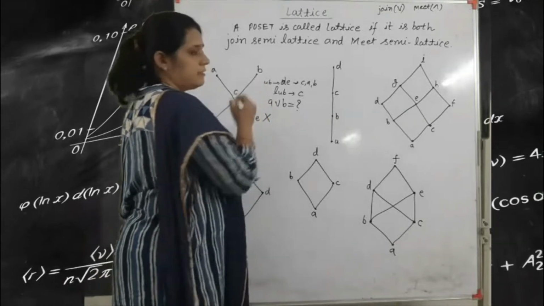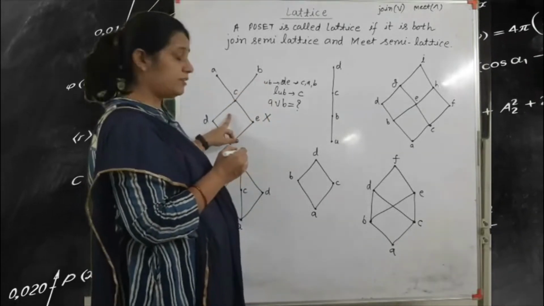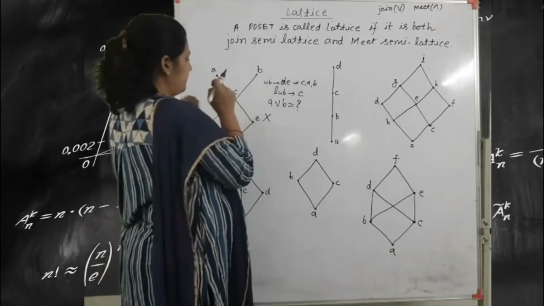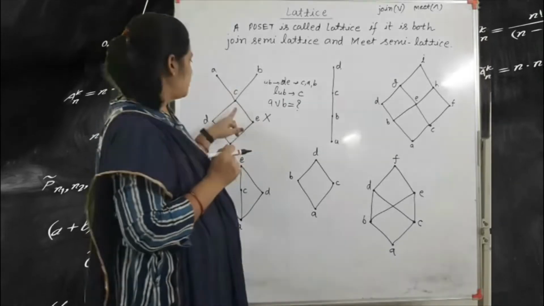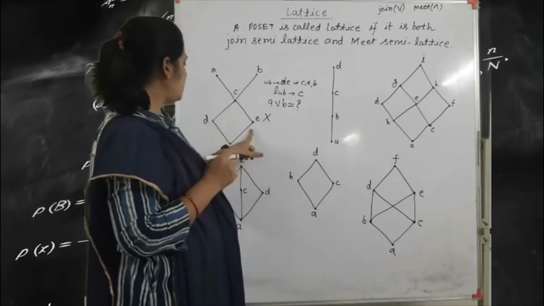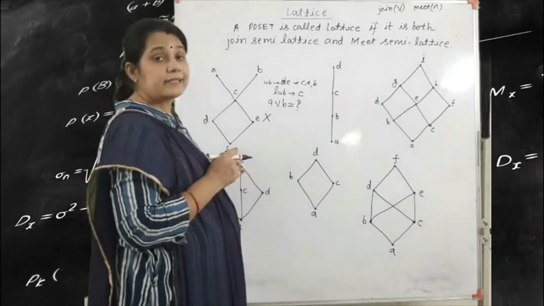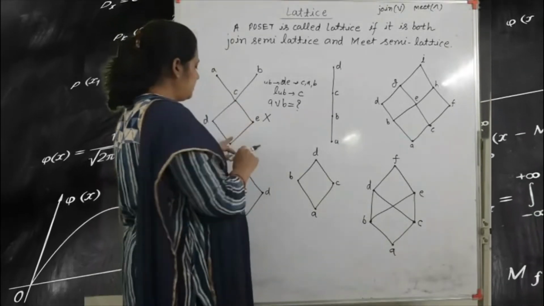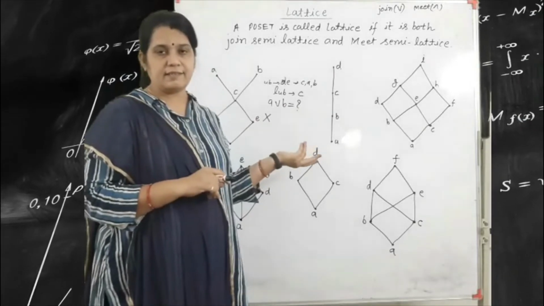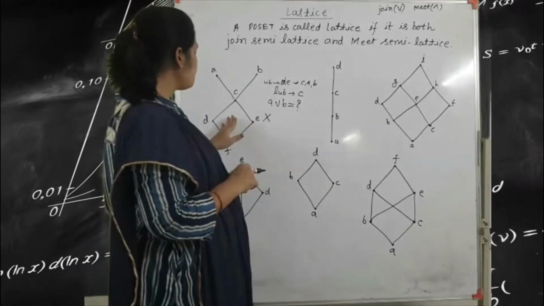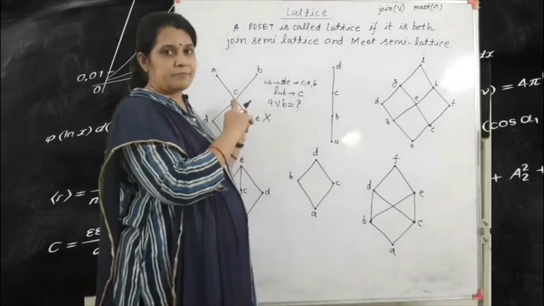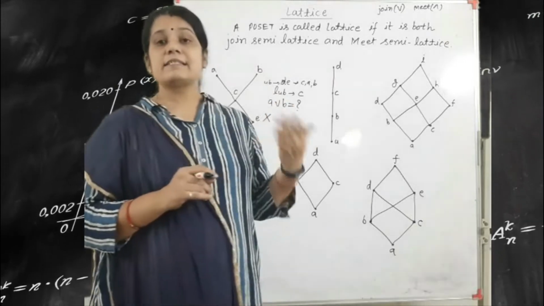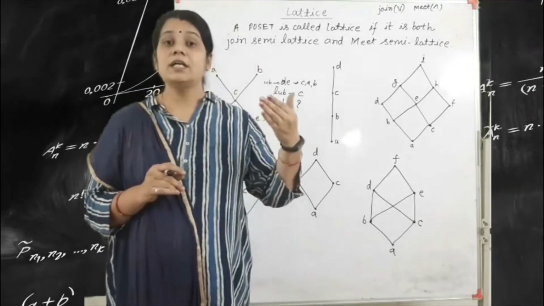Then we can say that this is not a lattice. If we consider the meet, according to A and B, what is the lower bound? The lower bounds are C, D, E and F. So the greatest lower bound is C. And according to D and E, the lower bound is F. So we can say that this is the greatest lower bound. So the meet is present here, but the join is not. Then we can say that this is not a lattice.